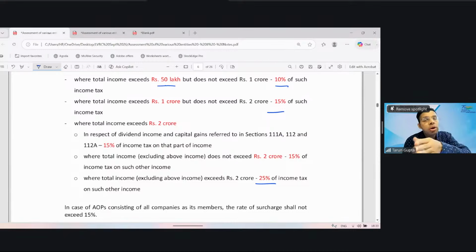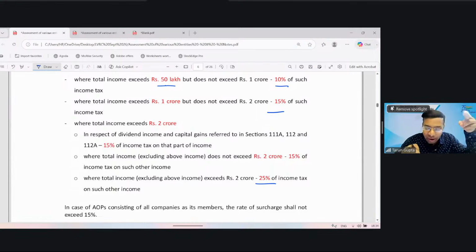50 lakh to 1 crore, 10%. 1 crore to 2 crore, 15%. Beyond 2 crore, 25%. So under the new tax regime, the default tax regime, the highest rate of surcharge applicable is 25%. Okay. Beyond 25%, there is no surcharge. Only three steps. Up to 50 lakh nil, 50 lakh to 1 crore, 10%, 1 crore to 2 crore, 15%, beyond 2 crore, 25%. Okay. But also, as you all might know, the maximum rate of surcharge on long-term capital gain